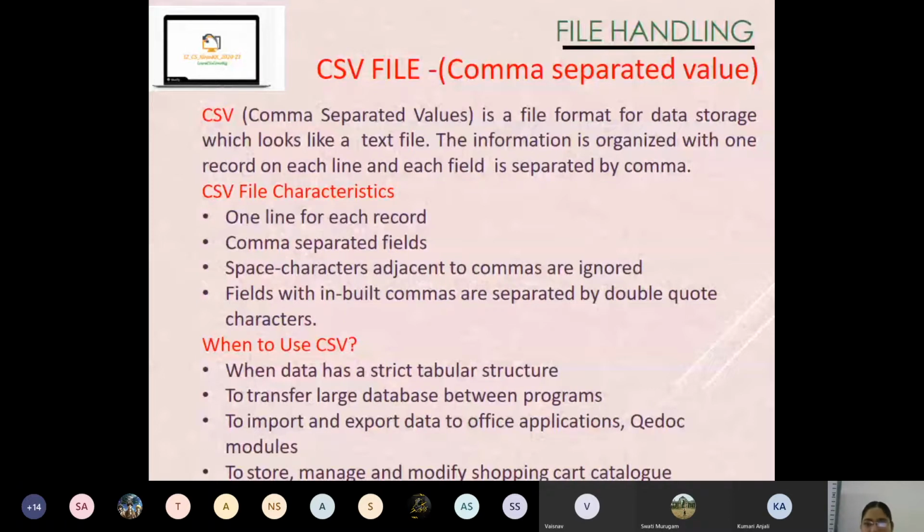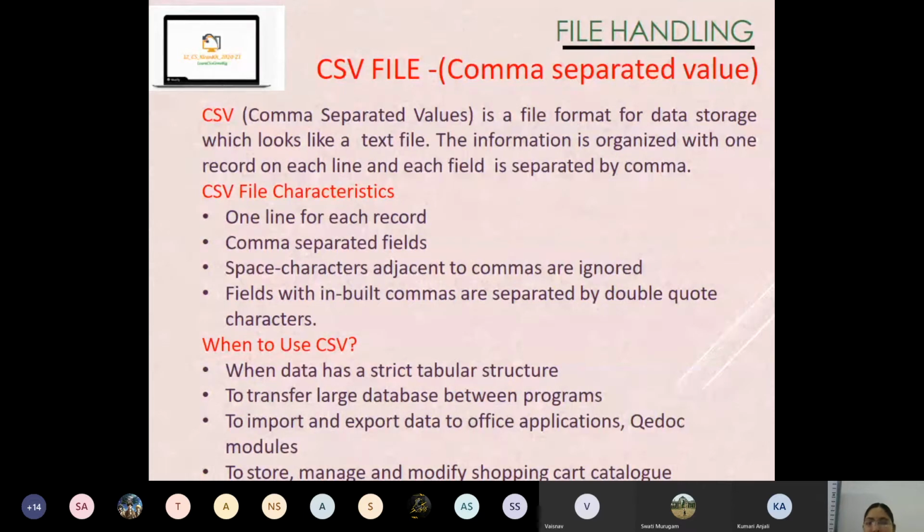One field is what you can understand as a column title, like first name, last name, display name, your username or your parent name, phone number. All these are the fields. If you look at a particular field, particular row, see Adrija's first name, Adrija's phone number, everything will be Adrija's details only. So one row, one record, is about one particular object, that is one line for each record, and comma separated fields, all fields are separated by comma.